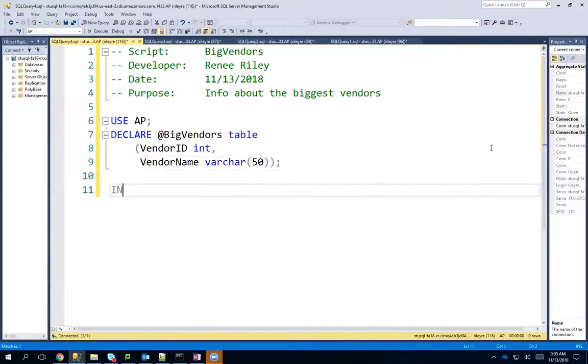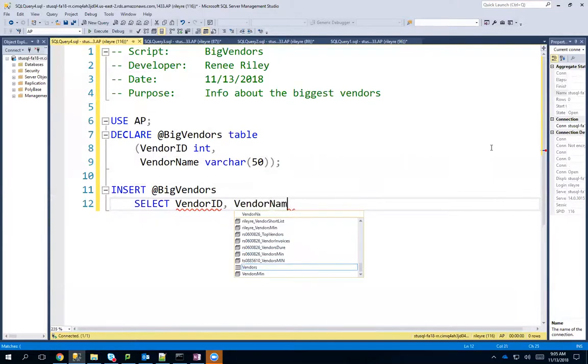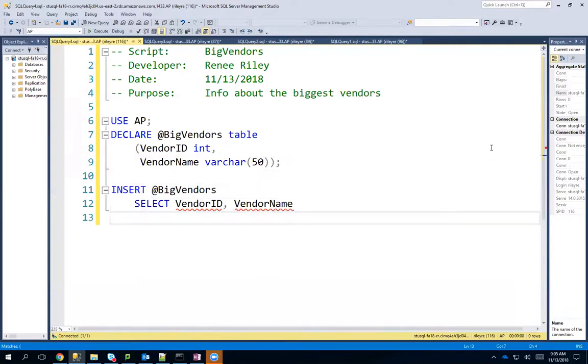Now, to create our table or put some data into it, we need an insert command. So we're going to insert into our big vendors table that we just created as a variable. And what we want to insert is going to come from a select statement. Now we need to select the exact same columns, right? Otherwise it's not going to match up. We're going to select from vendors